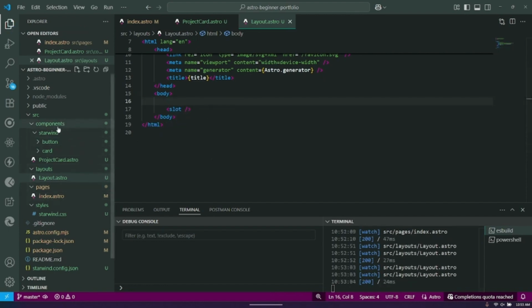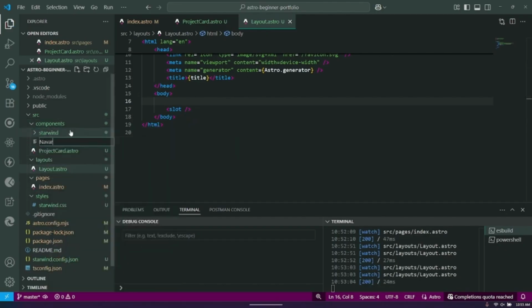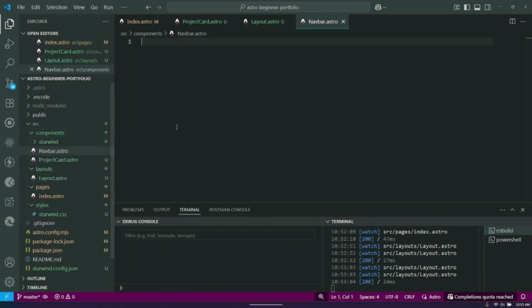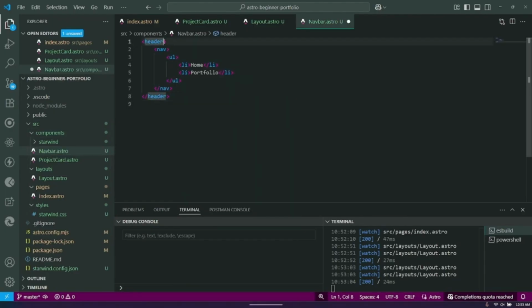And now we're going to see if we can, you can do it on your own, but you've got navbar, or we could just actually, yeah, we'll call it navbar.astro. You can call it header, anything you want, as long as you remember what it is. And there's no styling on this, so let's just add a bit of styling. Class of flex, class of BG, I like teal, so let's go teal 400, padding 4, and nav with a class of flex